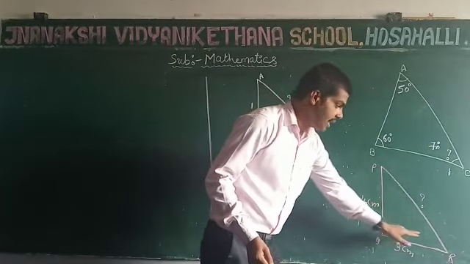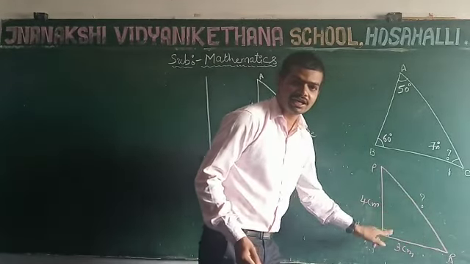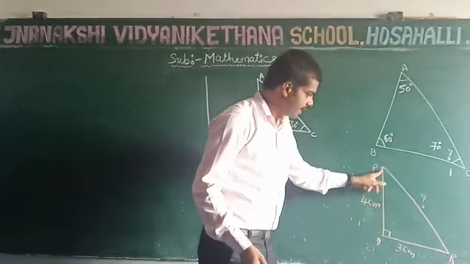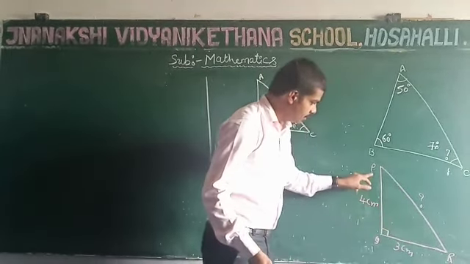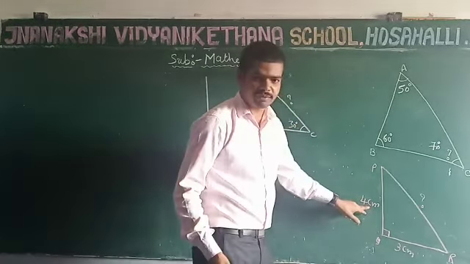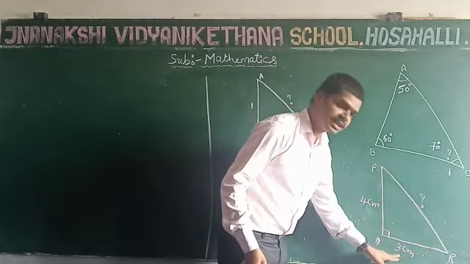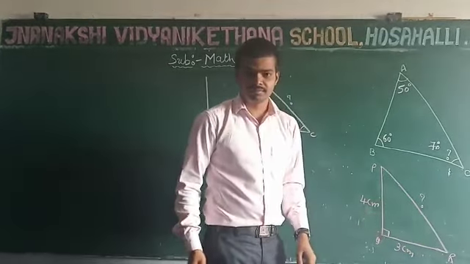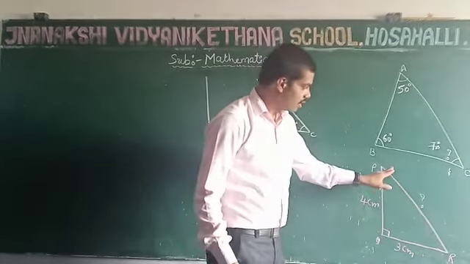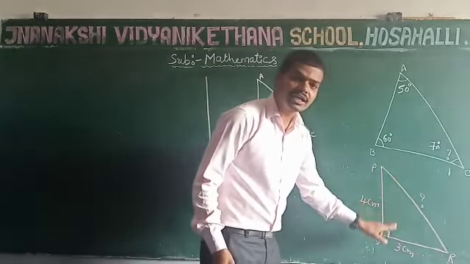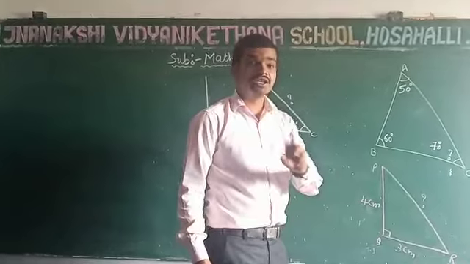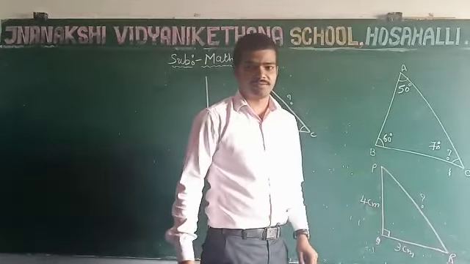So this is a right angle triangle. In the right angle triangle, one of the angles is equal to 90 degrees. So in the right angle triangle PQR, the side PQ is 4 centimeters and QR is 3 centimeters. Then what is the measure of the third side PR? Is it possible to find the third side PR in the right angle triangle if two sides are given? Yes, this is possible by using the Pythagoras theorem.